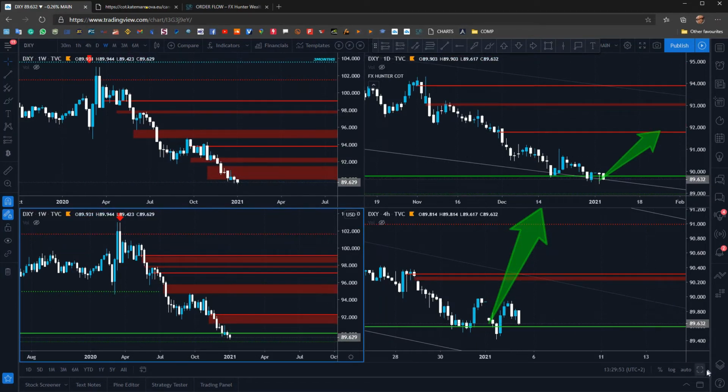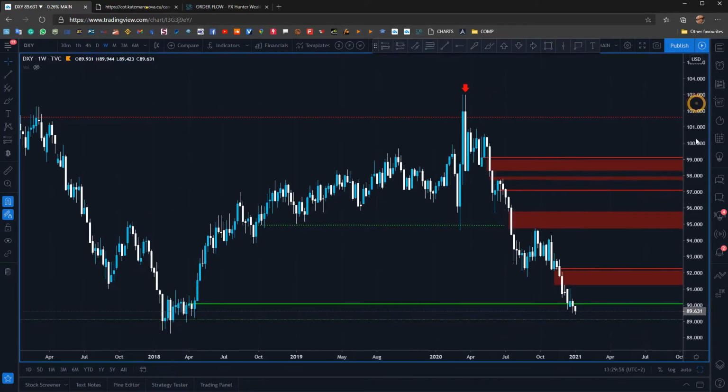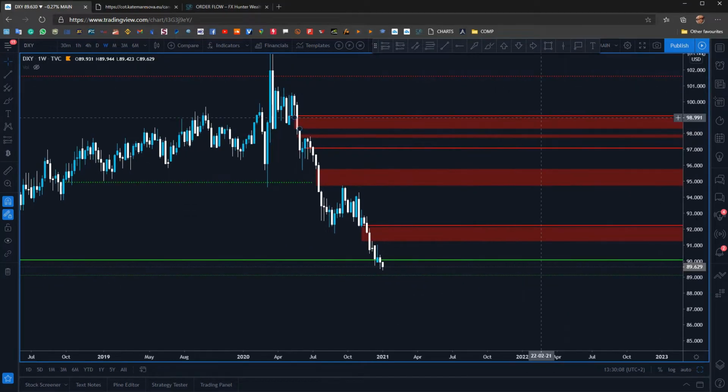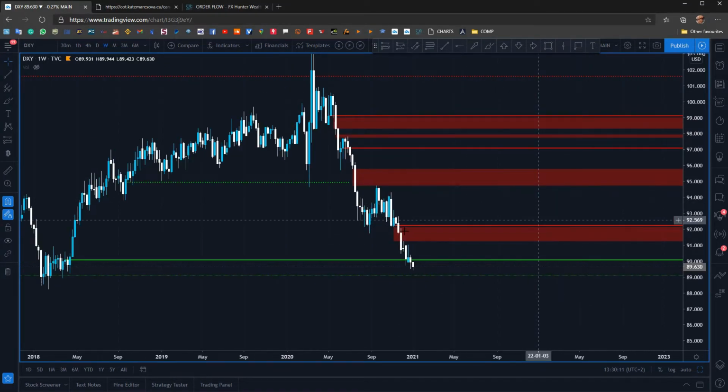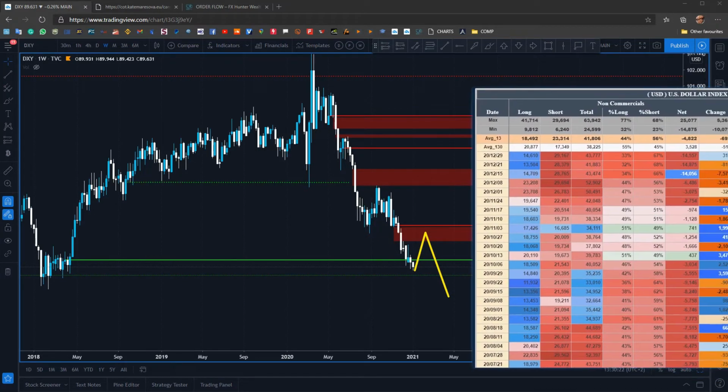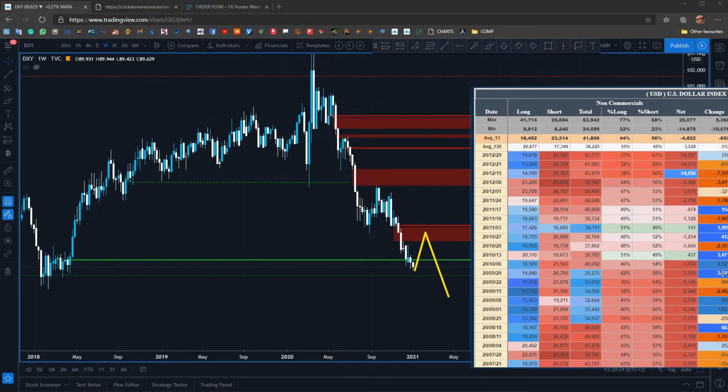So the dollar index on the weekly has reached this beautiful institutional level, right? And overall I'm thinking that the dollar will be dropping for quite a long time, because the Fed was printing a lot and they are planning to print again. But for the continuation down from here, there will have to be a reaccumulation and reordering of their positions. So if we look at the COT data of the dollar, we can see basically that